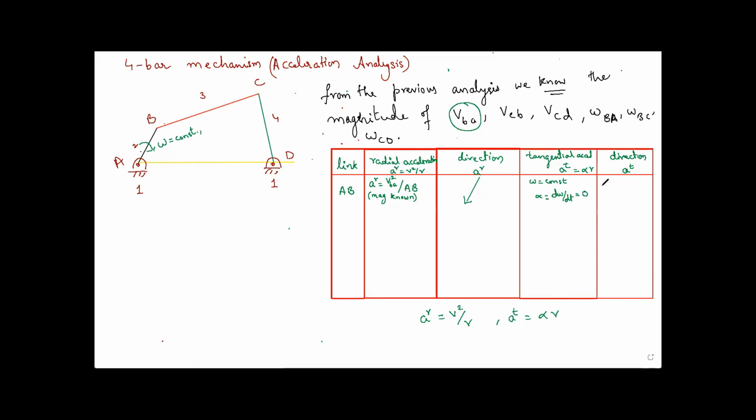Just assume that I have fixed a motor and it has a constant RPM, and for that reason alpha will be 0. So there is no direction. When the value is 0, there is no point in direction. So it is null. Null means no value. So now go to the acceleration diagram part.